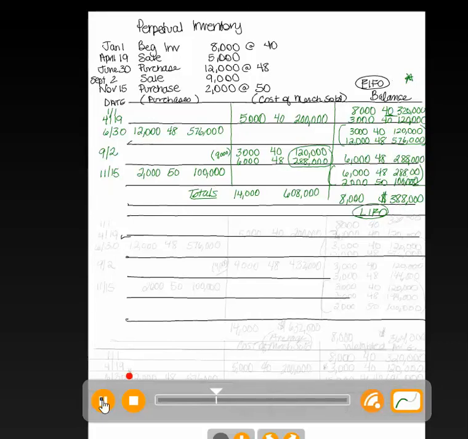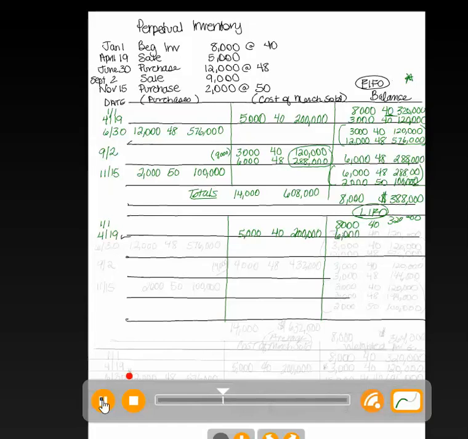The next thing we're going to look at is a LIFO chart. Last in, first out. We're going to use the same exact information for LIFO. So on January 1st, we have a beginning balance, and I'm just going to use the same columns here. We have a beginning balance, 8,040 units for a cost of $320,000. And then on April 19th, we actually sell 5,000 units. They cost us $40. We multiply that out to find cost of goods sold for $200,000, and that leaves us